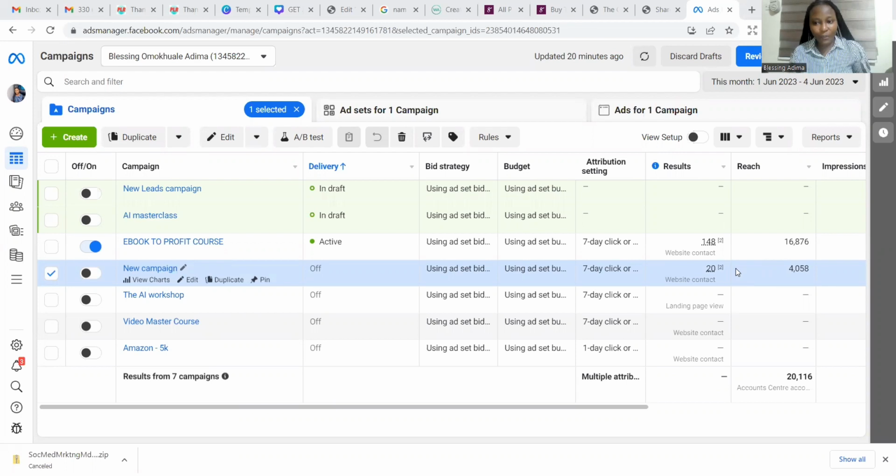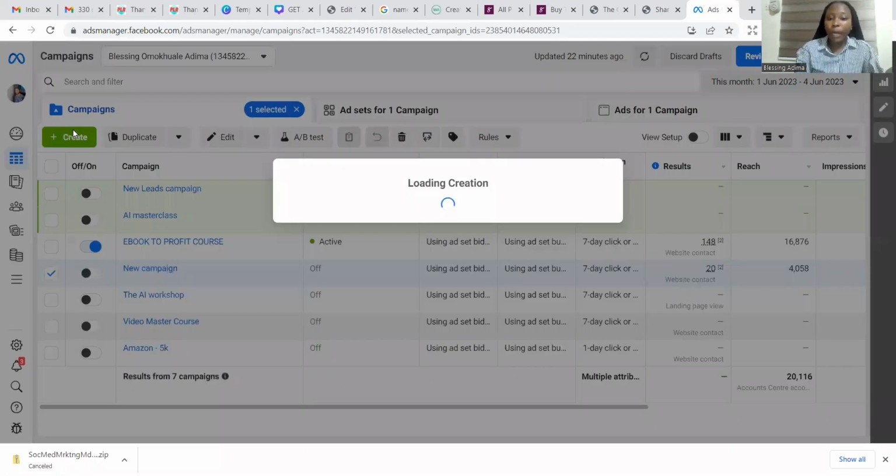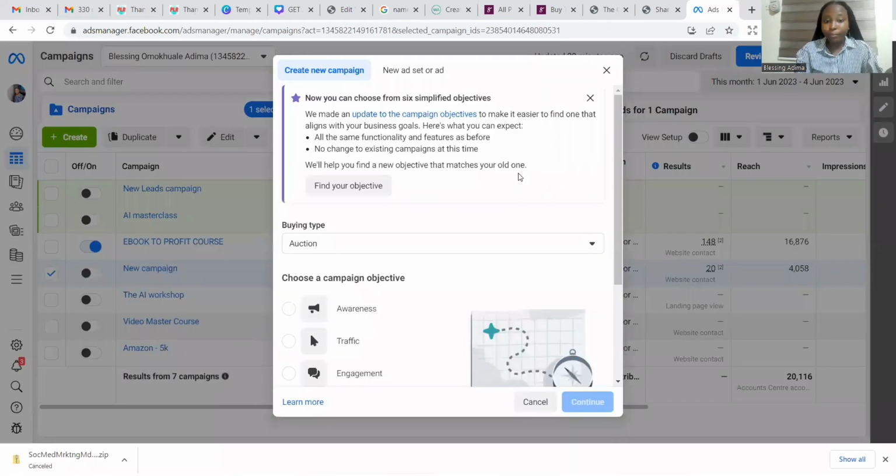Facebook.com/ads manager. Remember, you are using your page, so you should have a page before doing all of this. Good. And ensure you have content on that page. I already said that. Don't create an ad on an empty page. We'll click on create. Can you see what I am doing? Good. So when you click on create,